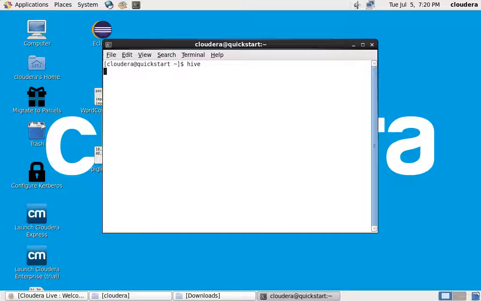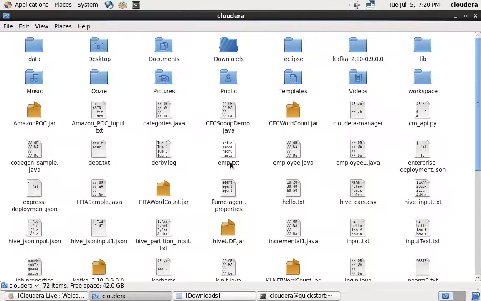What I'm going to do now is take one input file. I have a sample input data here, named hive_input.txt. It's just a text file with some sample data. I want to place this input file in HDFS first, and then show you how we can create a table over this file and logically represent the data as structured data. Once it is represented as structured data, I'll show what kinds of queries we can write using HiveQL.